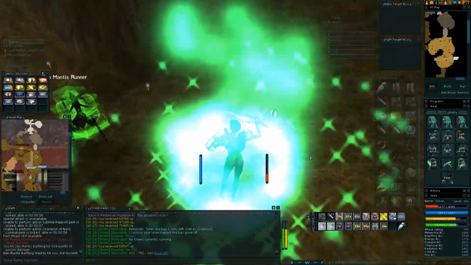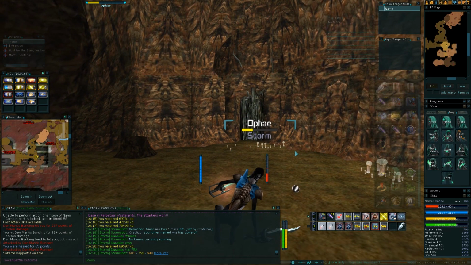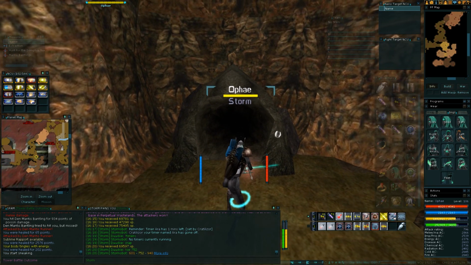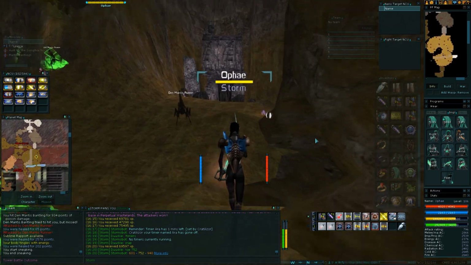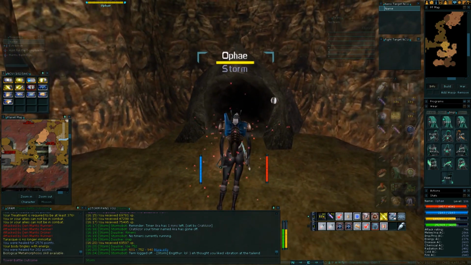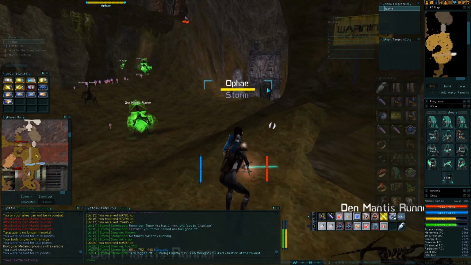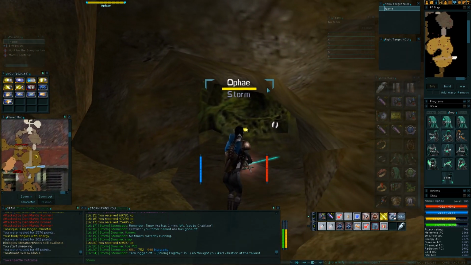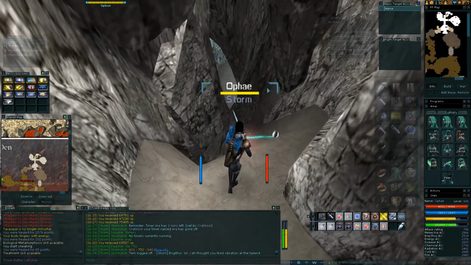Zone. I think we'll have to zone again. Whew. Right, okay. There we go. Now then, into sneak and see if there's still aggro on this side. Seems to be working. Right, my bet is that that bantling has disappeared somewhere. No, got both. Well, they can't see me, so I'm going...